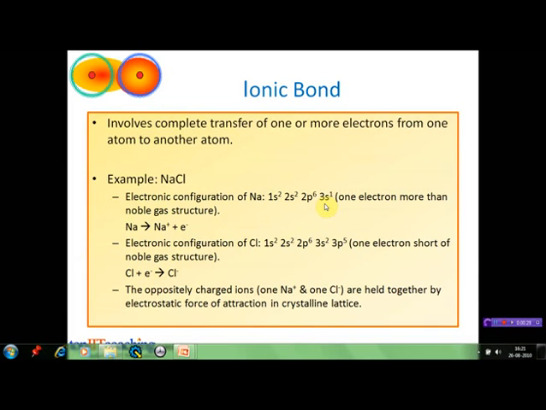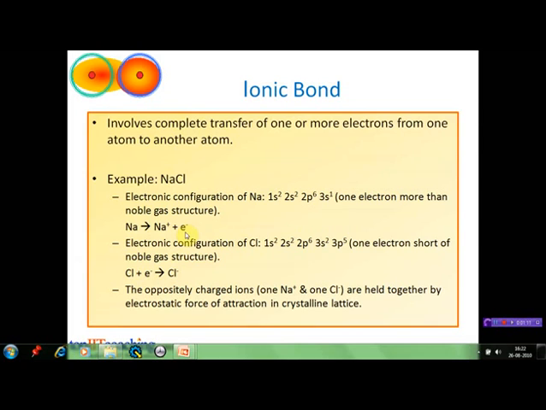When sodium atom reacts, it does so in such a way so as to attain noble gas structure. If sodium loses one electron, the resultant electronic configuration will be 1s2, 2s2, 2p6. Here, the outermost shell, which is second shell, is completely filled. Also note that this is the way electrons are configured in neon. So by losing one electron, sodium attains a noble gas structure which is more stable. Also, in doing so, sodium acquires a net positive charge and is now called sodium ion. So as you can see in the equation, sodium gives sodium ion plus an electron.